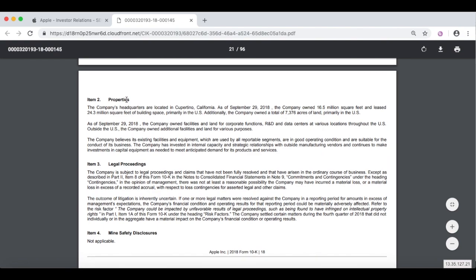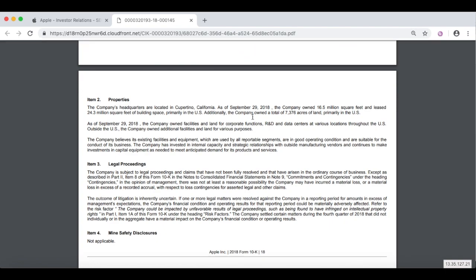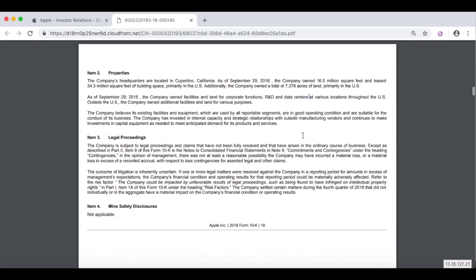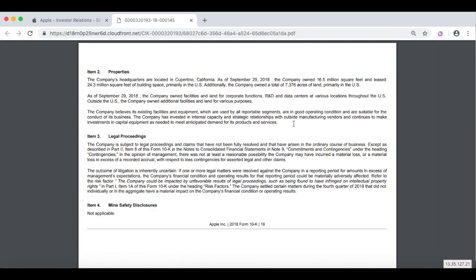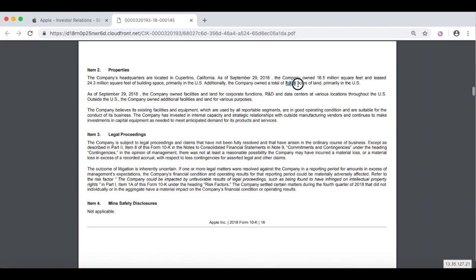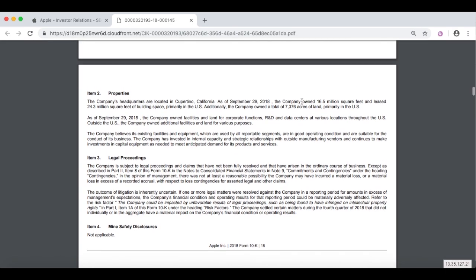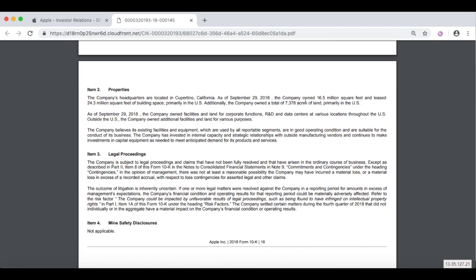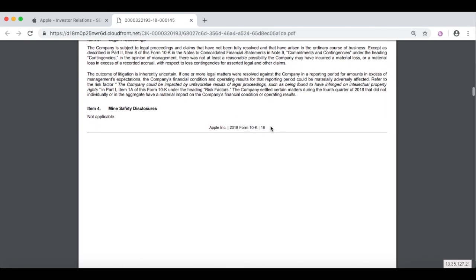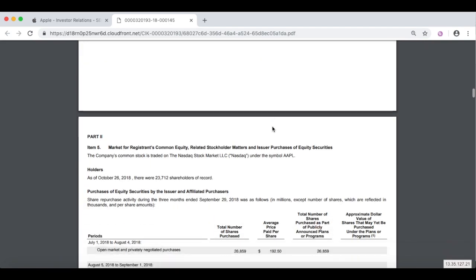Again, not really super important with Apple, but maybe this is a smaller company. Imagine this is Apple 10, 15, 20 years ago. Well, hey, owning 16 million square feet of something and 7,000 acres of land. We just saw Sears go bankrupt, or they were in bankruptcy or something. And hey, I guarantee you a lot of the value is right here in a company like that. Not saying that's going to happen to Apple, but if you're analyzing small companies, here's something that will put a small cushion under the stock. Not that that's really something you want to invest in, but